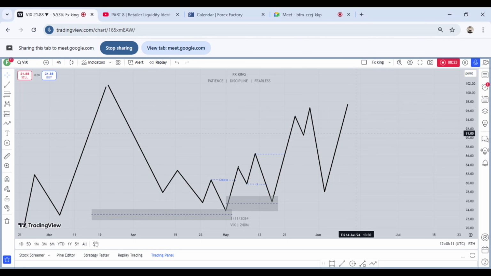So now let's look at the other change of character, right? That one is the more complicated one, and it's the type that many